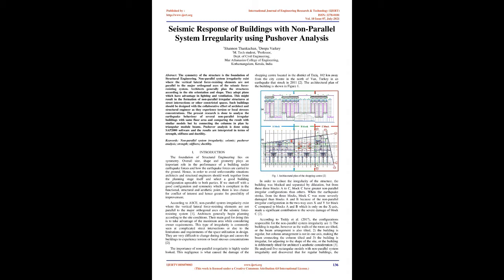seismic force-resisting system. Architects generally plan the structures according to the site orientation and shape. They adopt plans which have advantage in lighting and ventilation. This might result in the formation of non-parallel irregular structures at street intersections or other constricted spaces. Such buildings should be designed with the collaborative effort of architect and structural engineer as they experience torsion or local